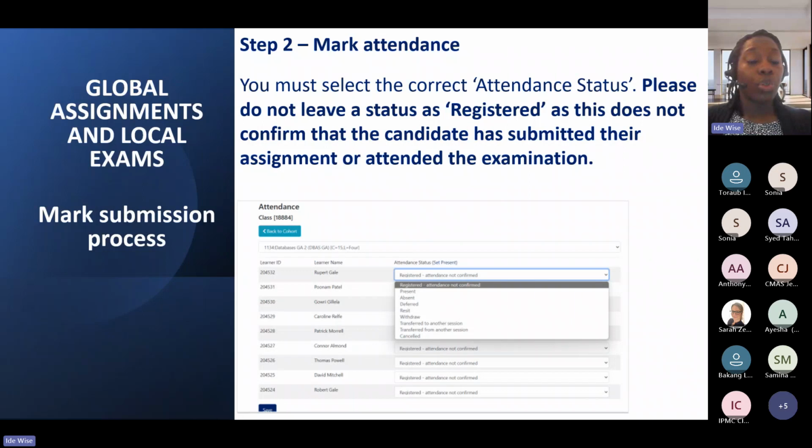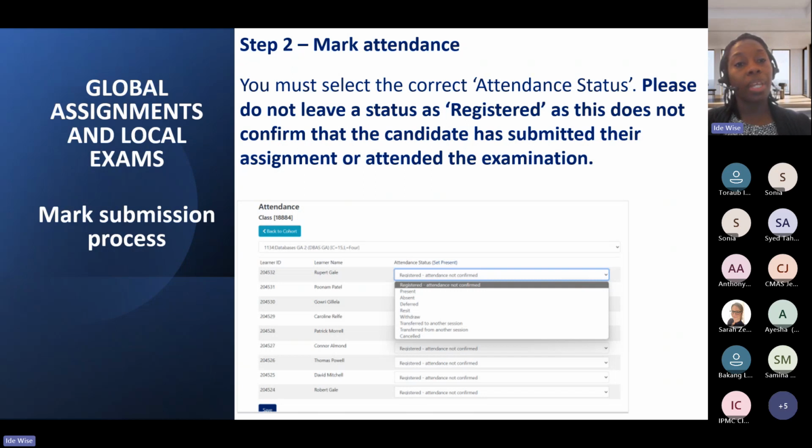You then need to select a status for each student. Please don't use registered as a status, because registered doesn't really tell us whether the student attended, whether the student submitted. Please choose one of the other options to let us know whether the student was present or absent.